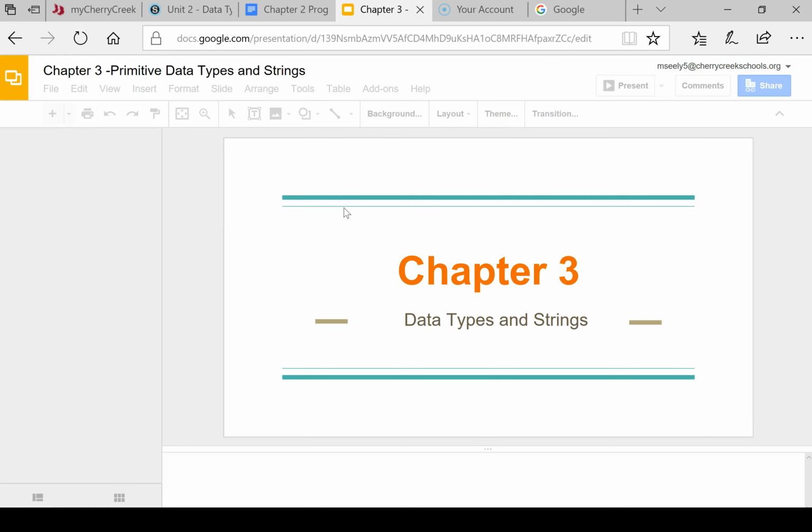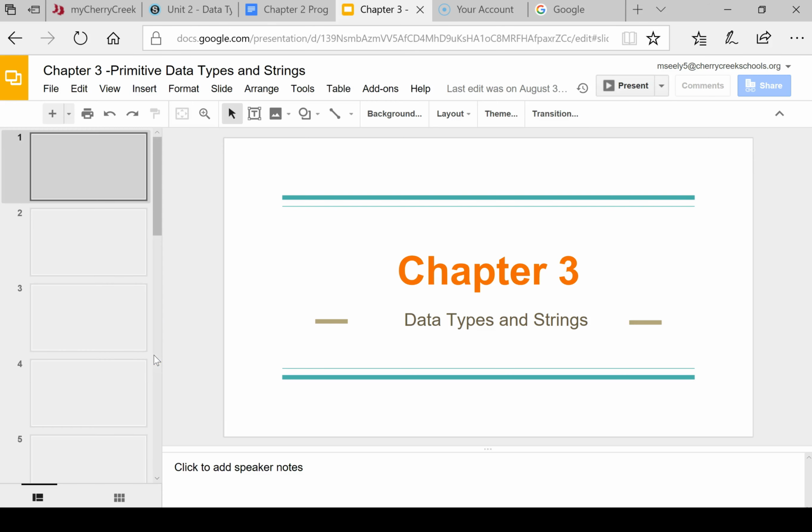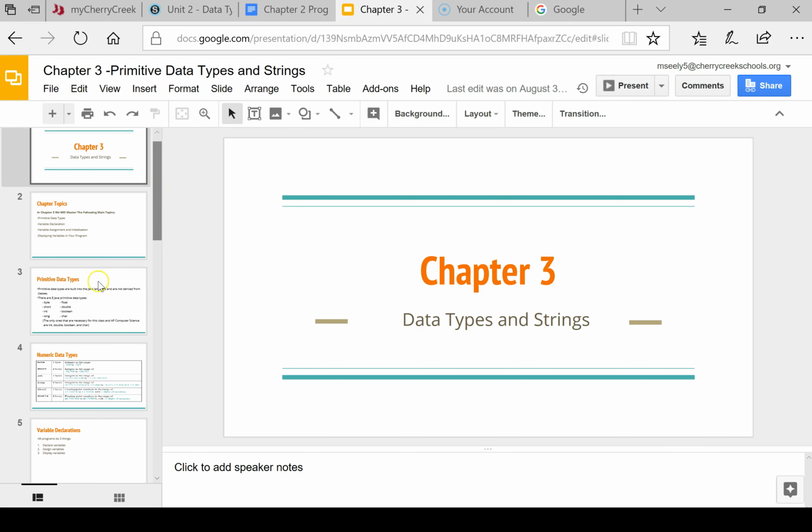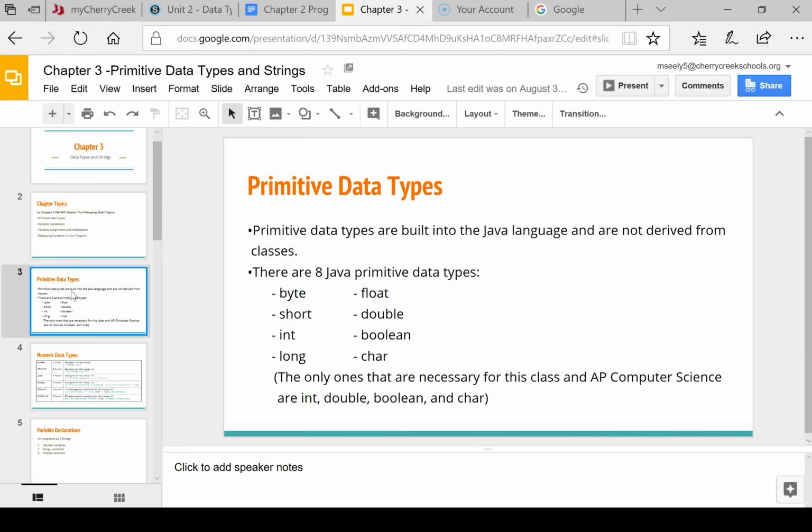Okay, so you got a bunch of different words, the different data types: byte, short, int, long, float, double, boolean, char. Okay, so all this goes back to